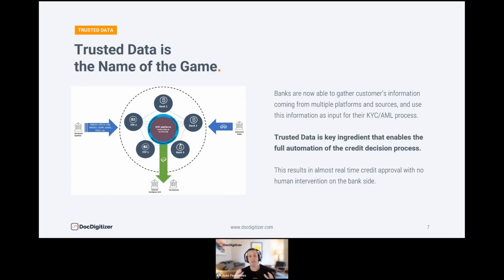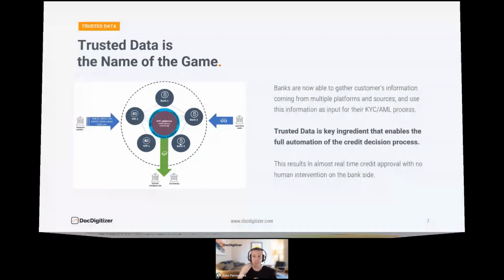There are a lot of public APIs that provide trusted data, that connect directly to your fiscal authority or to other banks, and that enable banks to get trusted data in a structured format, which allows banks to make decisions much faster because they are able to get trusted data and input it into a decision algorithm. But never forget this, trusted data is a term that I will use throughout this presentation.